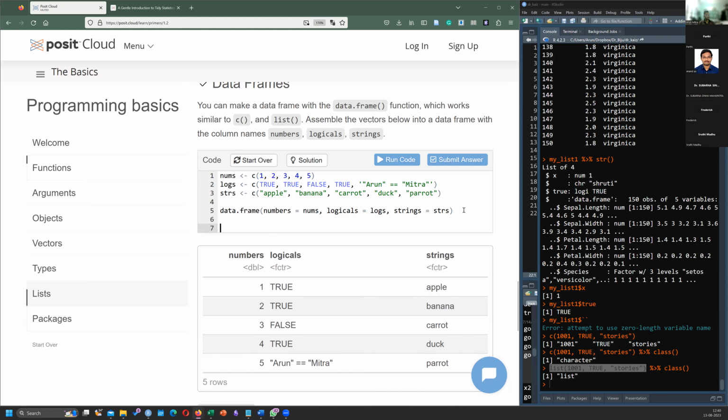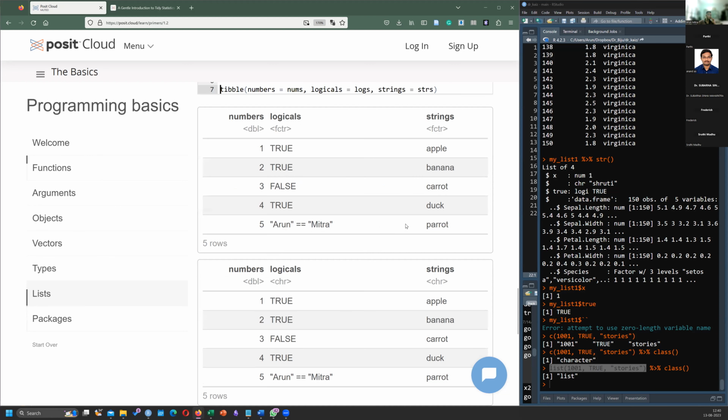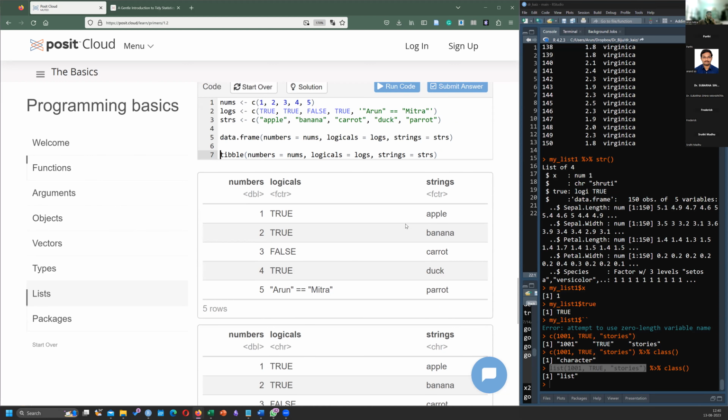Okay. One other thing I just wanted to do is that instead of data.frame, I'll try and use the tibble function. Let's see if it will work. Okay.